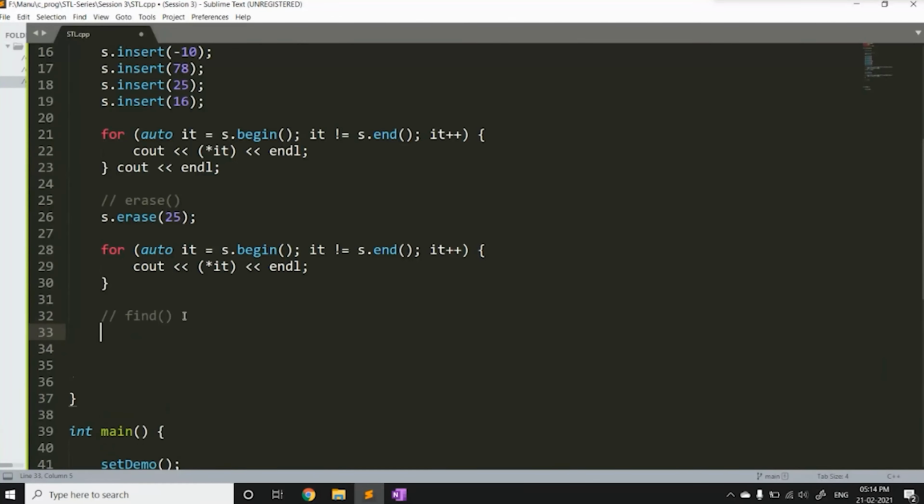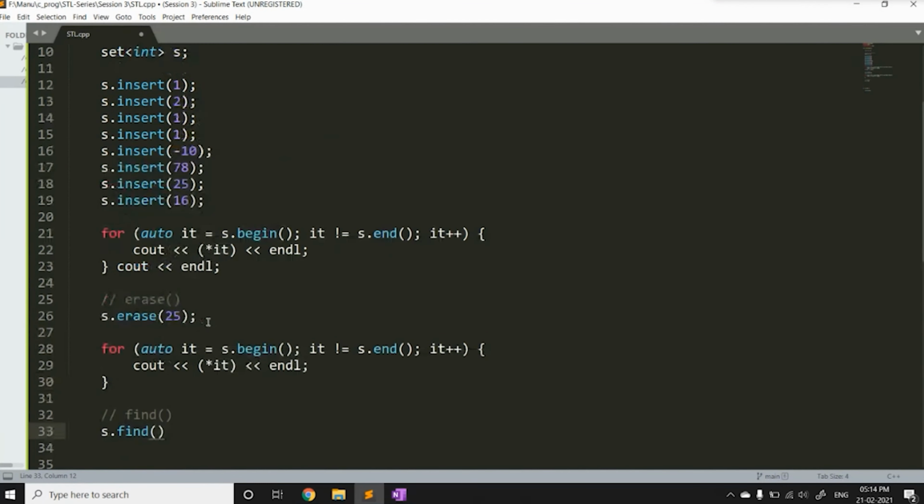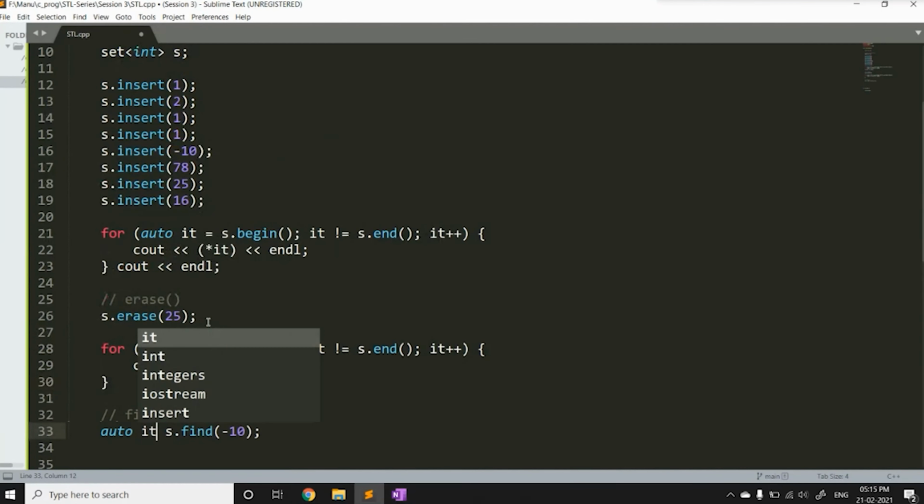Let me tell you how the find function is working. You can just call the find function on this container and it will search for any element that is inside the set. Say suppose I want to search for -10. It will search for -10 and it will return an iterator.